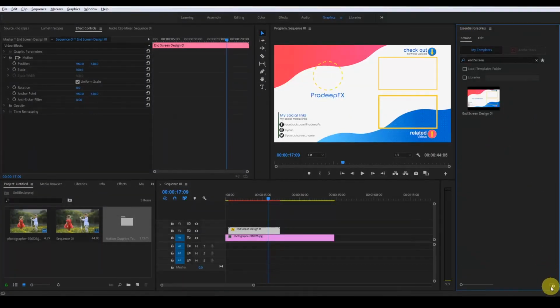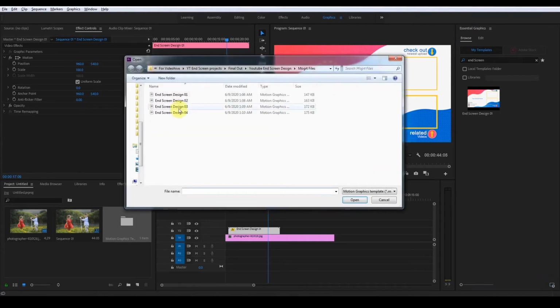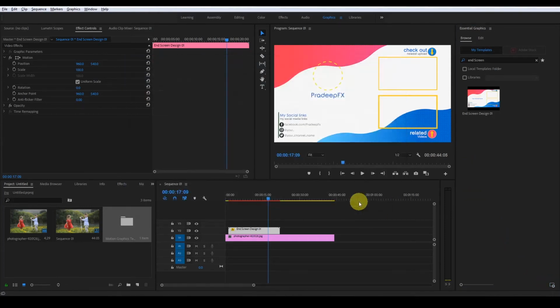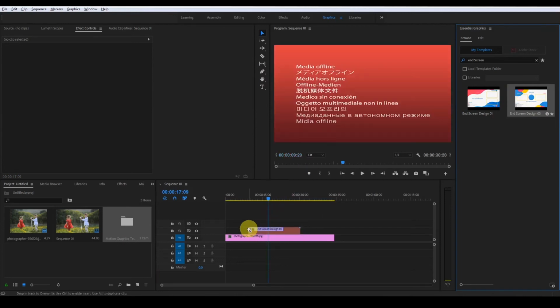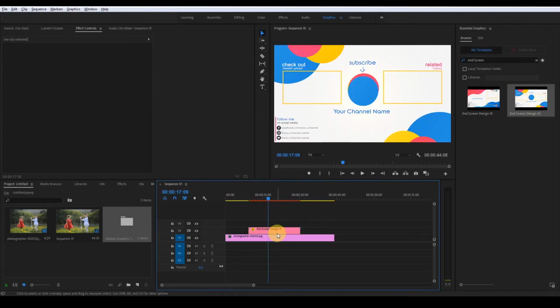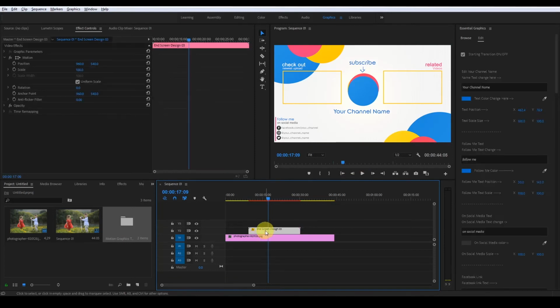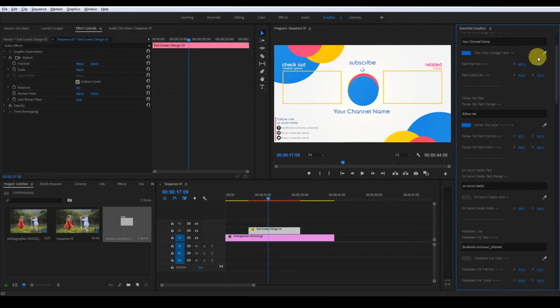After this I will show you. Open this. Select this in timeline, go to the edit section. Here you can see the starting transition on off, which I have told you how to use it before, and you can change from the channel name from here, its color. You can choose whatever screen color you want from here.